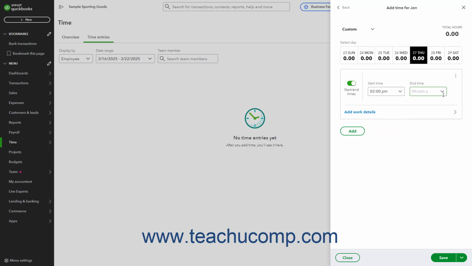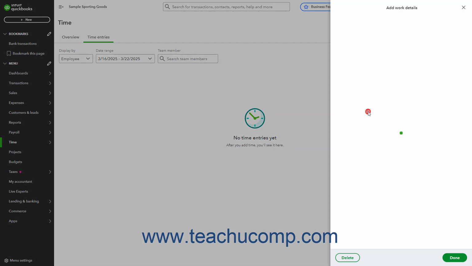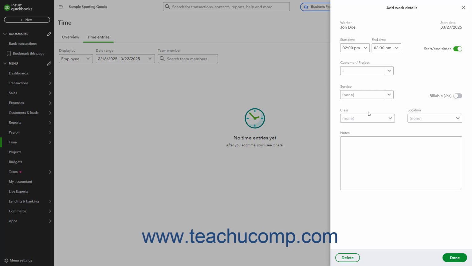and End Time drop-down fields that then appear to the right to calculate the duration. Alternatively, to enter both time and work details for the person, instead click the Add Work Details link below this section to show an Add Work Details screen. Then enter either the total duration or the start and end times as previously mentioned at the top of the